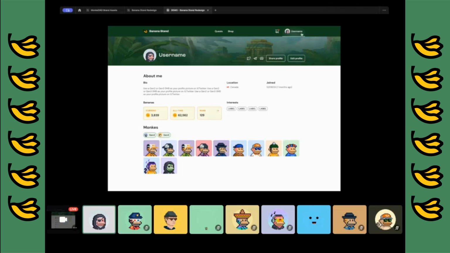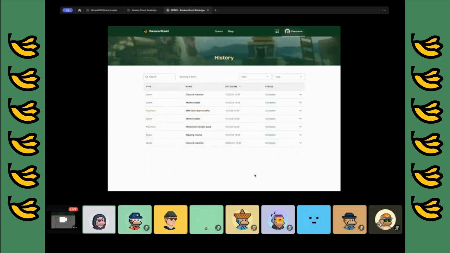That's currently what's on order for the profiles. And we also have history, which is a collection of just all of your interactions with Banana Stand. So whether that be a quest completion or maybe a purchase, we definitely want to expand upon this so you have just a much better idea of all of your interactions within Banana Stand,